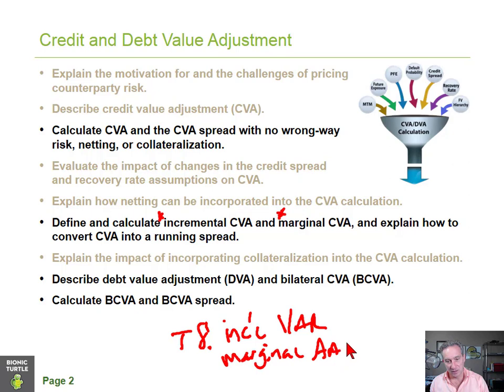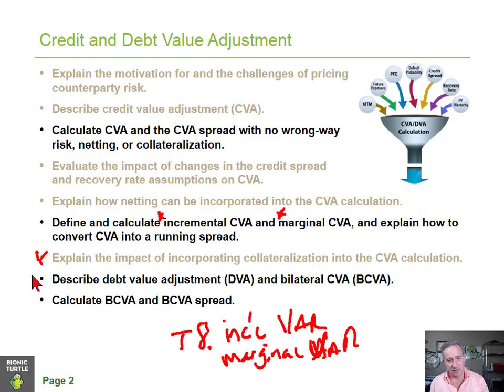And so those are analogous. Incremental CVA is analogous to incremental value at risk. Marginal CVA is analogous to marginal value at risk. I just wanted to make that connection because most of what you have to know for the exam is handled by way of that analogy. I'm not going to go into explaining the impact of incorporating collateralization into the CVA calculation,